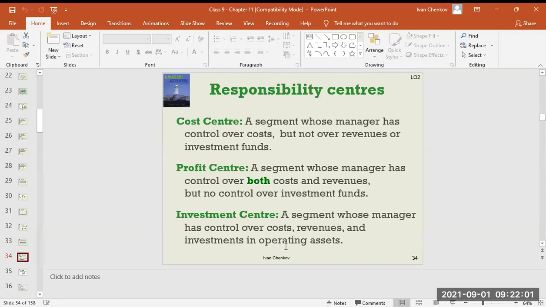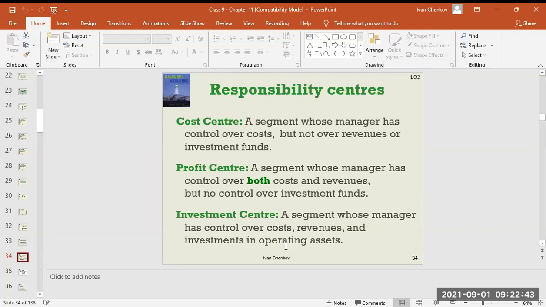Let's see. First, let's talk about the sales center. Sales center, which is not here, is dealing only and only with sales. Now we're dealing with the cost center. Cost center is the segment where the manager can have control only and only over the cost, not over the revenue, not over the investment. Profit center, well, profit comes from the revenue, from sales less the cost. In that case, most likely the manager of the profit center will have control over the revenue and the cost, but not for